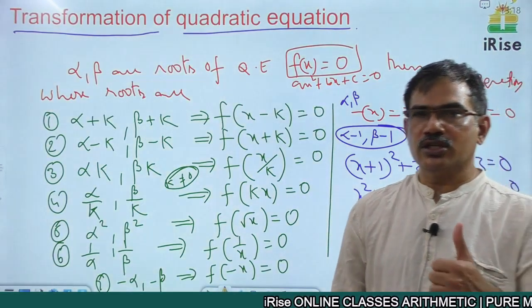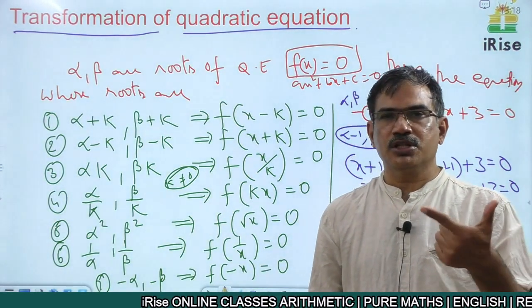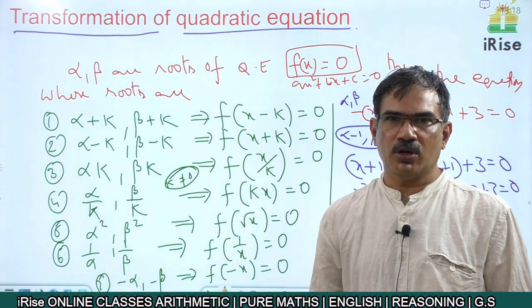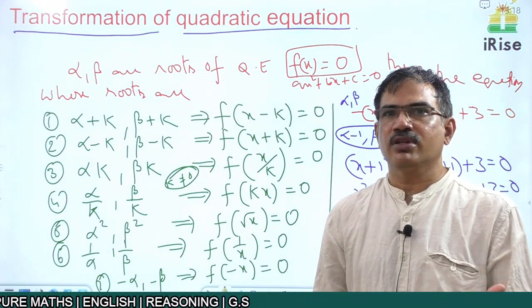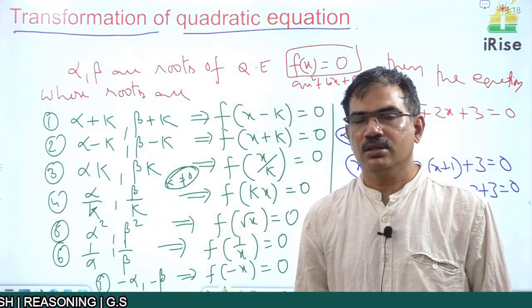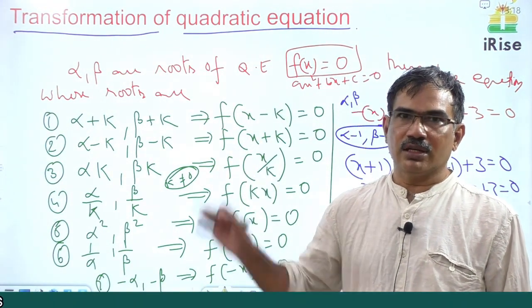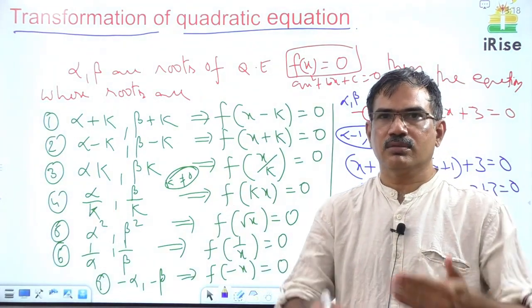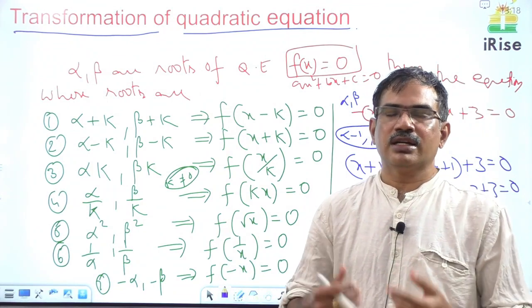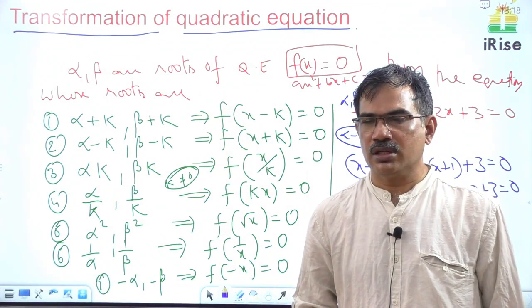Okay, here the nature of roots is most important. Relation between the roots and coefficients is important. Transformation of equations and maxima, minima, everything is important. Okay, read carefully, write the notes of this. Write every point, make it as a note, and then solve the problems related to this one.